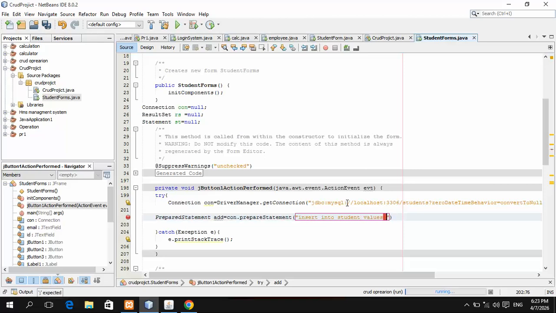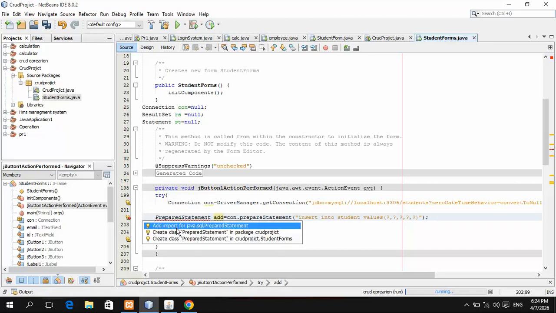Right click, for example, question mark, comma, question mark, comma, question mark. Every field you can choose a question mark. In here semicolon. Click on this button to import java.sql.PreparedStatement.